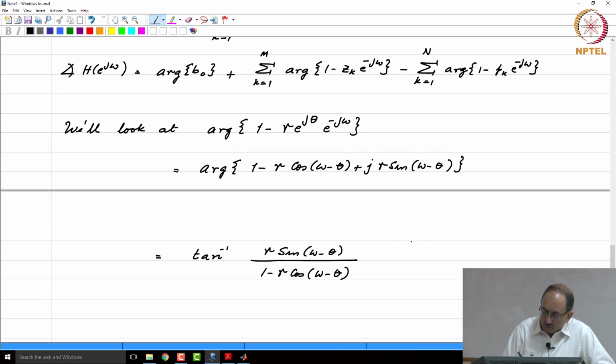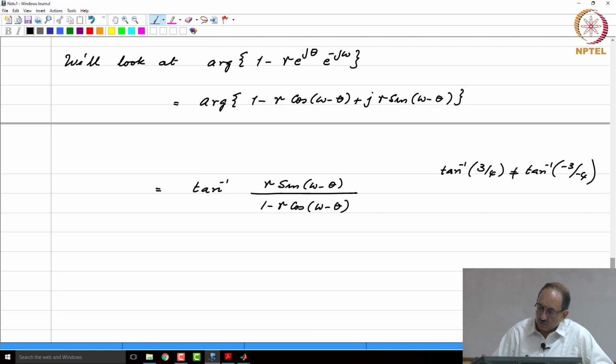The reason why I am mentioning that is tan inverse of 3 by 4 is not the same as tan inverse of minus 3 by minus 4. So, we are looking at the 4 quadrant inverse tan here,